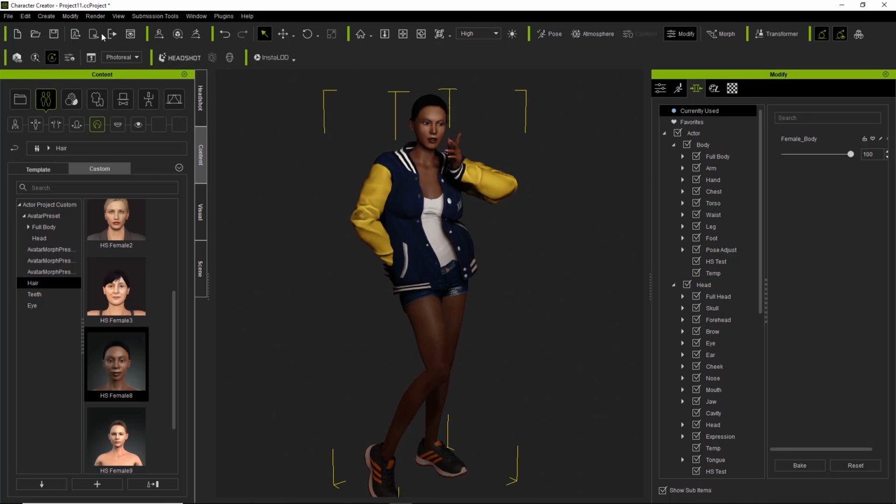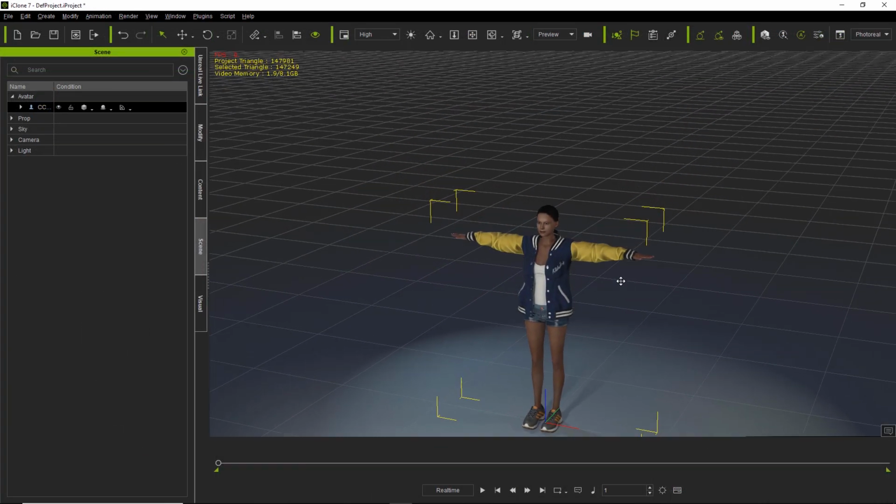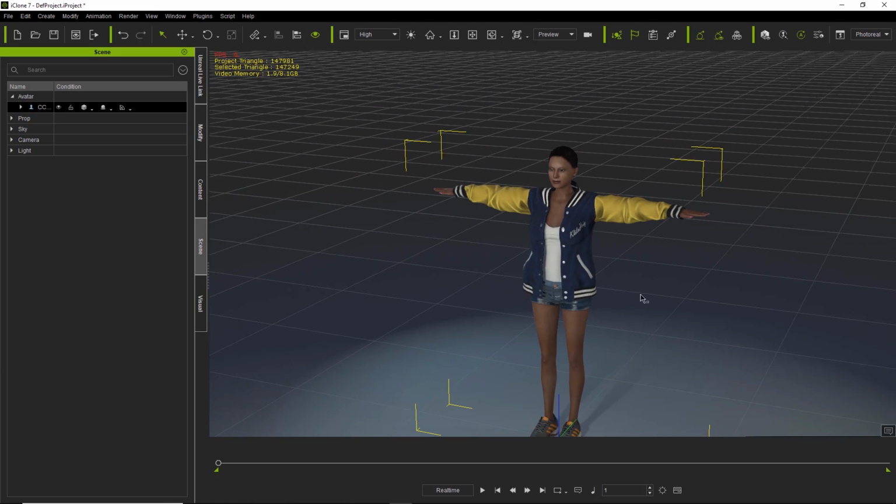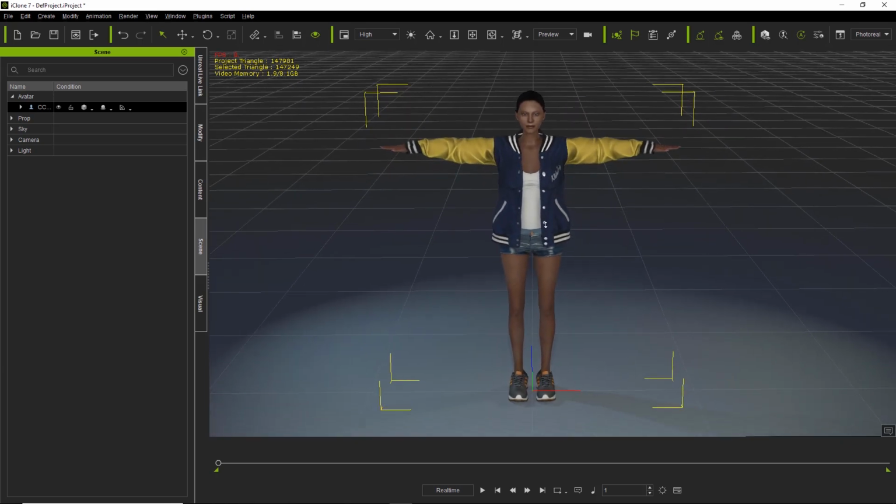And the easiest way is just to actually click on this button up here, which sends your character directly into iClone. Okay, so once we click that, it's going to apply our character to the scene root in iClone. And there you go, the character has finished importing into iClone. You can see her right here. And if you want to save this character, very easy to do so.